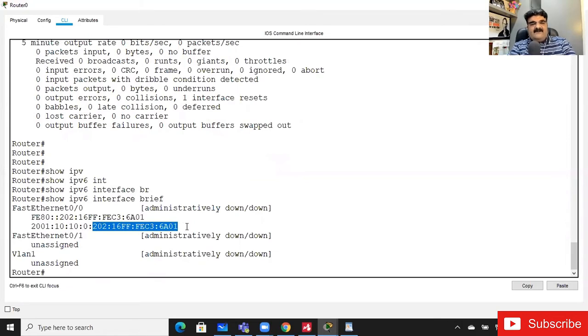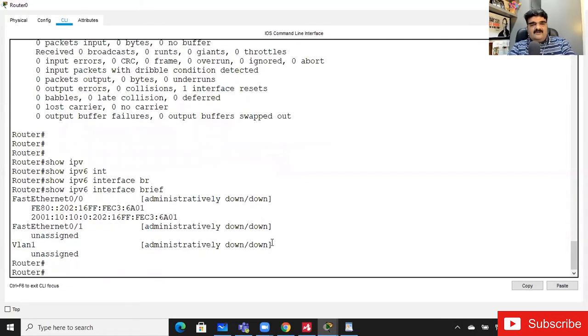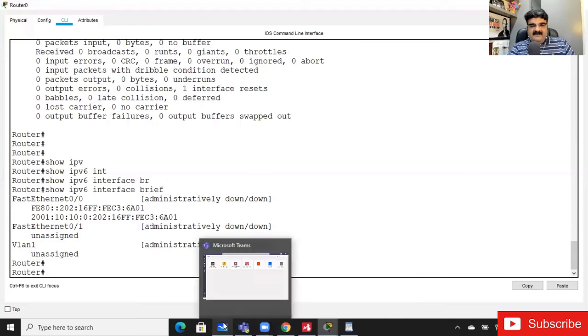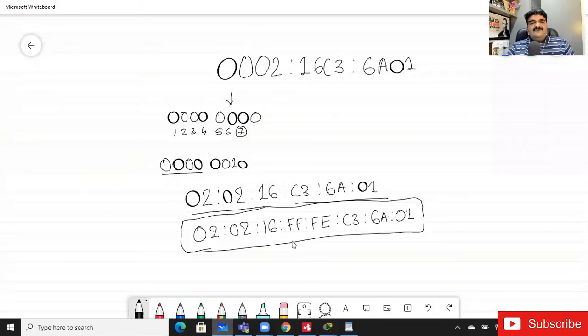Maybe it is a format of hexadecimal, or it is colon. You can use colon or anything. So this is how we convert this 48-bit address into the 64-bit host address. So we are using IP version 6, and we should write like this.